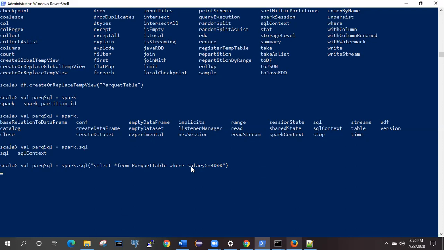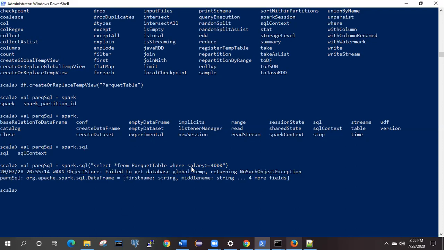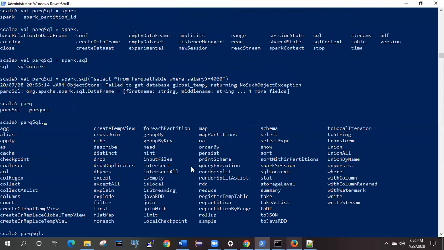It is taking some time to read the data from that temporary view we have created. So it is showing it has read the data. How are we going to verify that one? We need to make use of some of the available API. Spark SQL is the data frame now which we have given, right? Dot, we need to hit tab. It will list the available API, and yeah, SQL is also available. So we will make use of this.